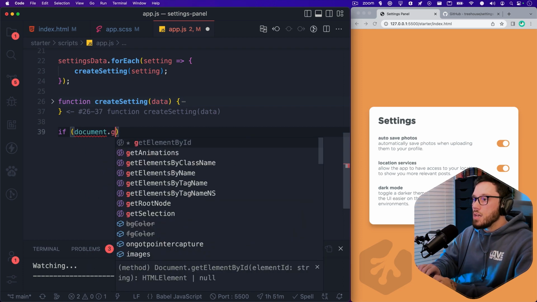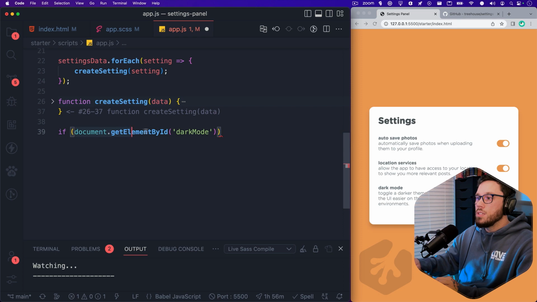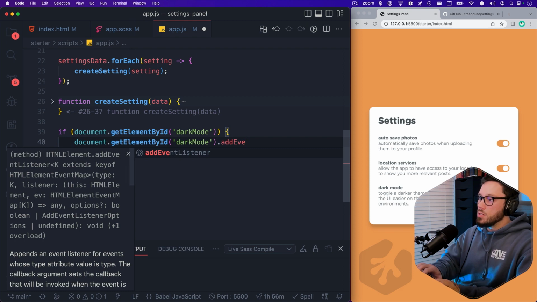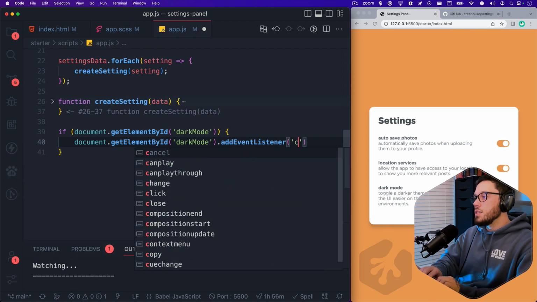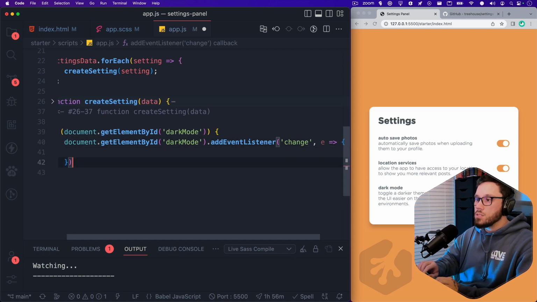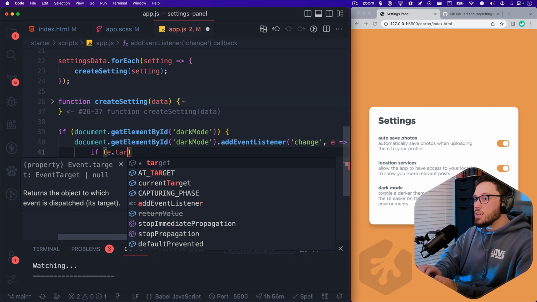let's do document.getElementById dark mode. And we'll need that again, so let's just copy this. So if this exists, we want to add an event listener to it. And this would be a change event because this is a checkbox. So when we detect a change, we want to see if it's checked or not. So we can do that by using the event parameter. So if event.target